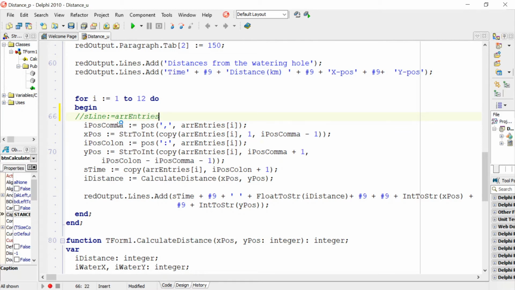If you call it ARR points, that's fine too, of index I. So you could have read the contents of the array and stored it in a variable called sLine, and then instead of having the array here, you could just find the position of the comma in sLine. Okay, so here all you're doing, again, I just want to write it for those of you that didn't understand me,